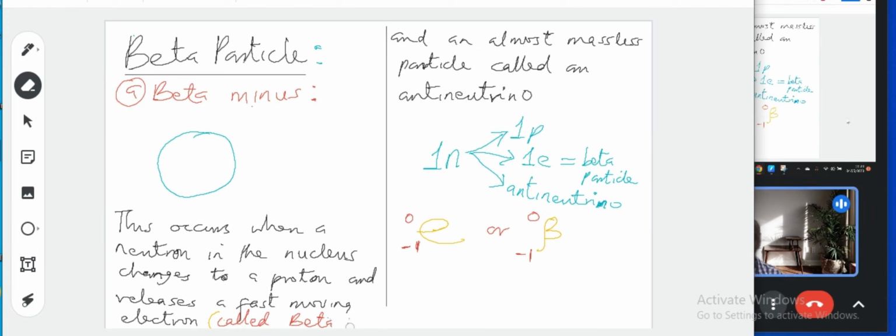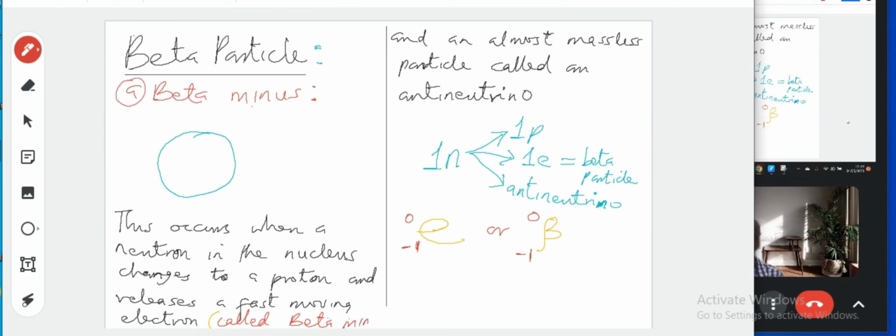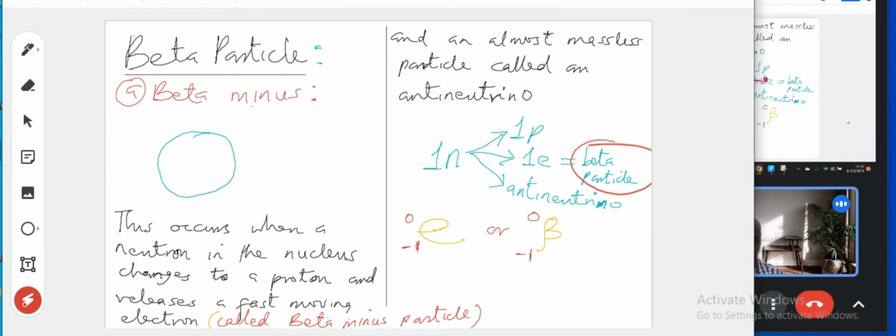Can you read this again? So it can make sense now with the illustration I've given you. This occurs when a neutron in the nucleus changes to a proton and releases a fast moving electron called a beta minus particle and an almost massless particle called a neutrino. So one neutron changes to a proton, and then it releases a fast moving electron, which is the beta particle,